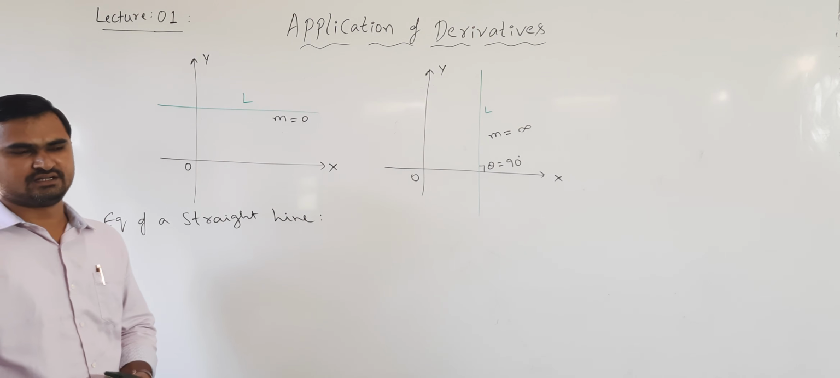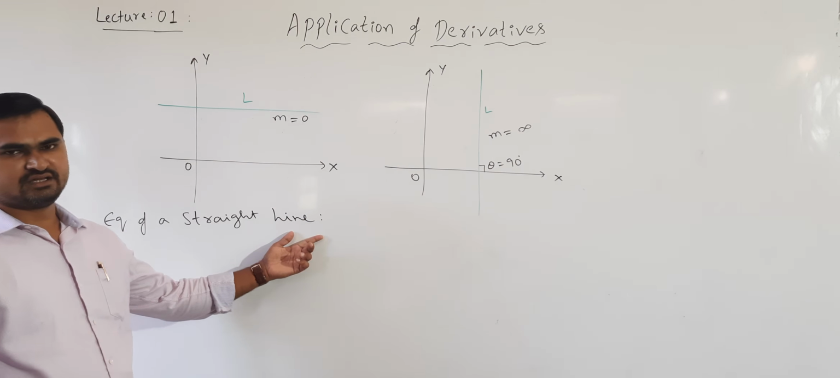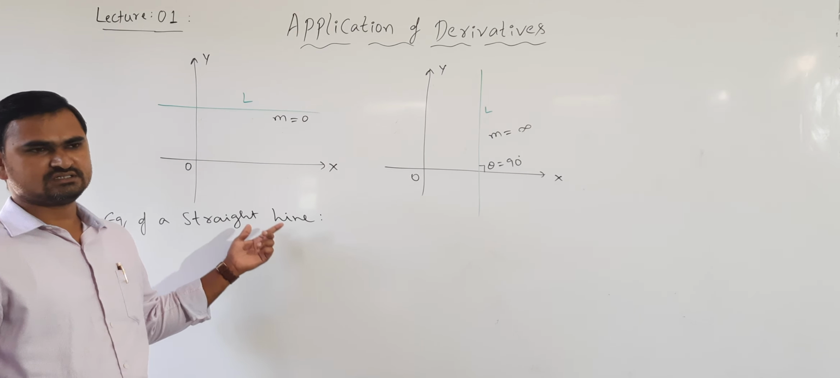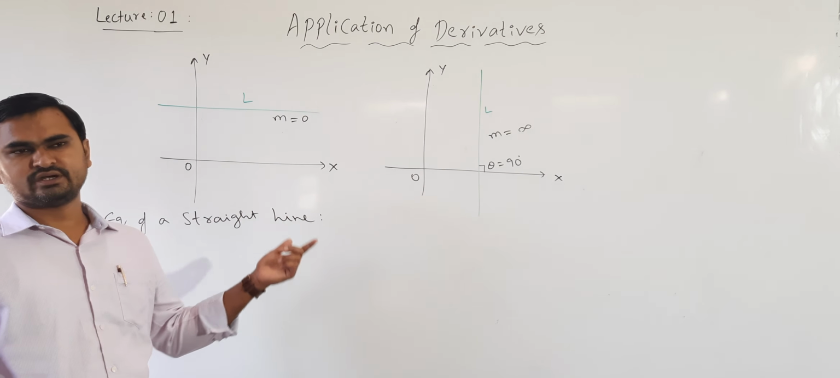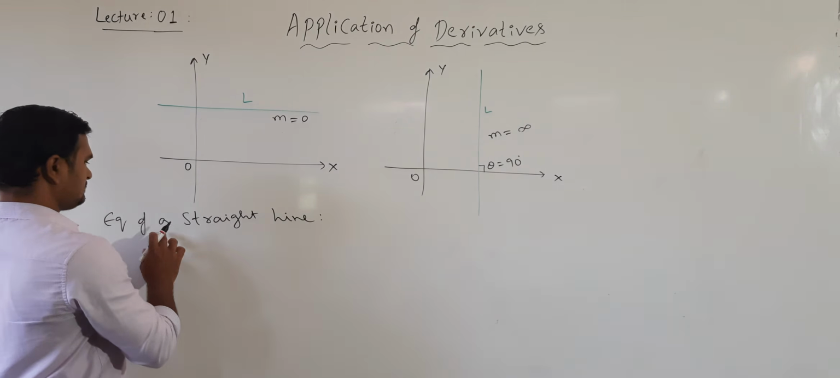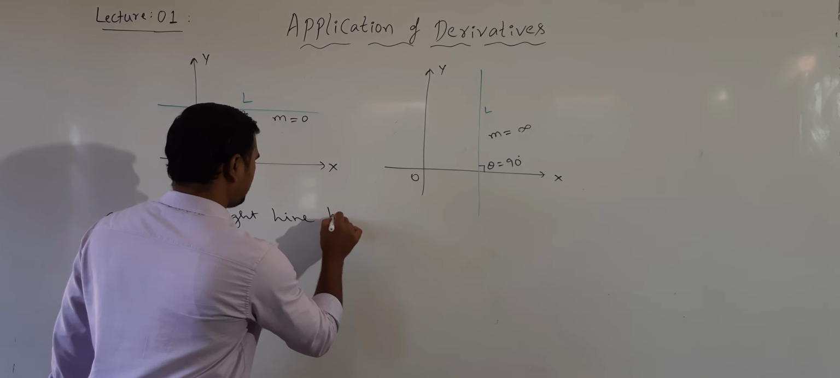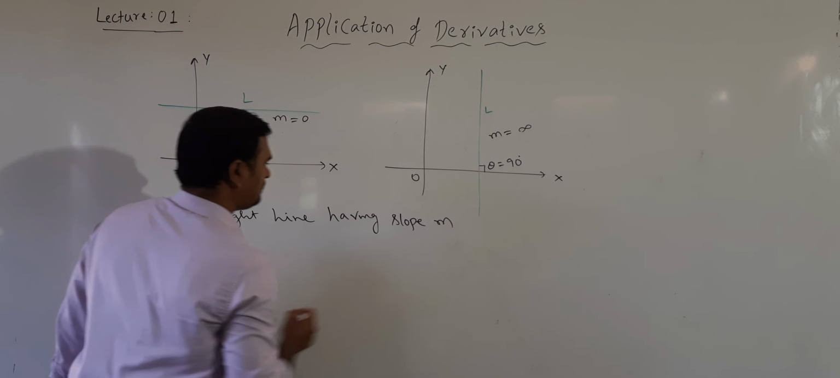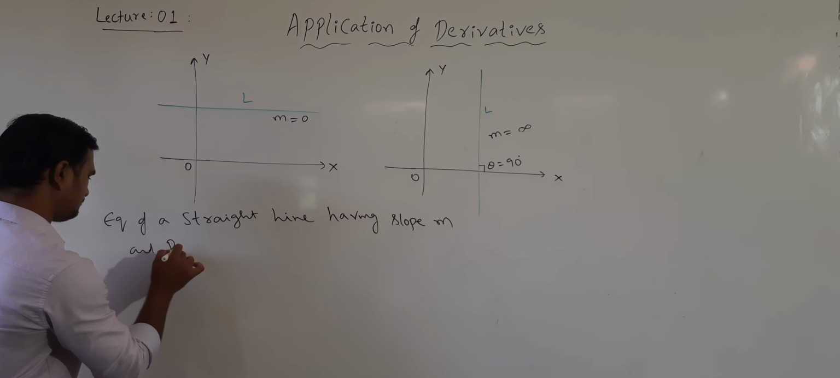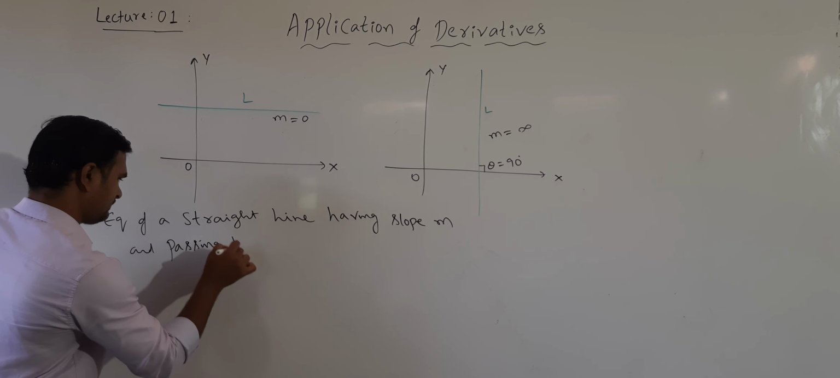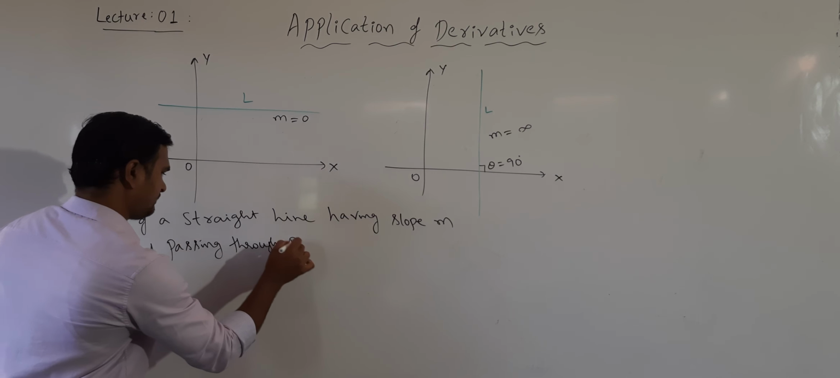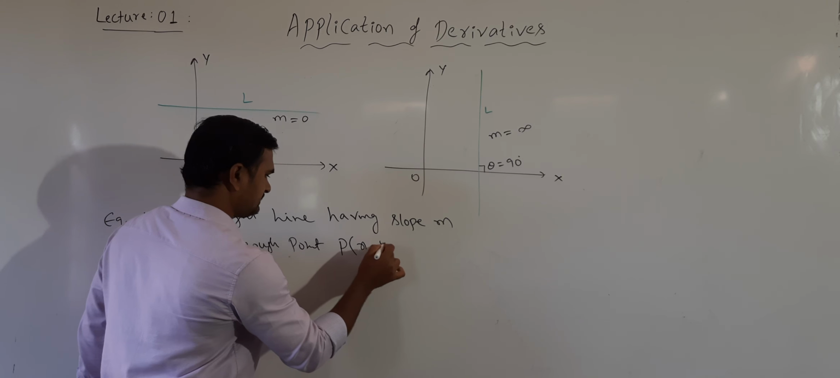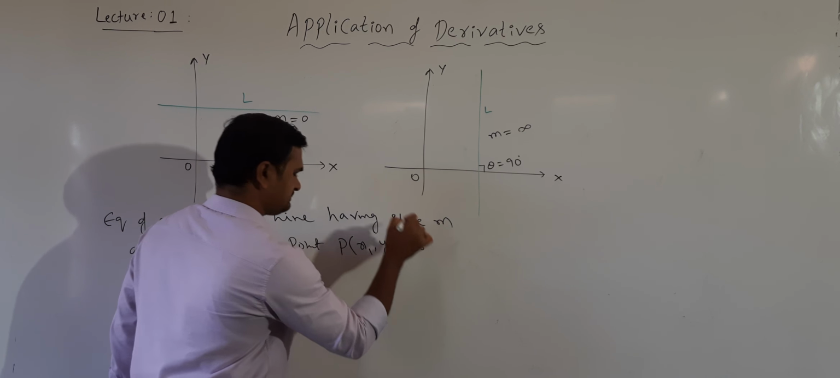Equation of a straight line. Now, equation of a straight line in different forms we studied in the first phase. Here we will be using the equation of a line having slope m and passing through a point. So the equation of a straight line having slope m and passing through the point P(x1, y1) is